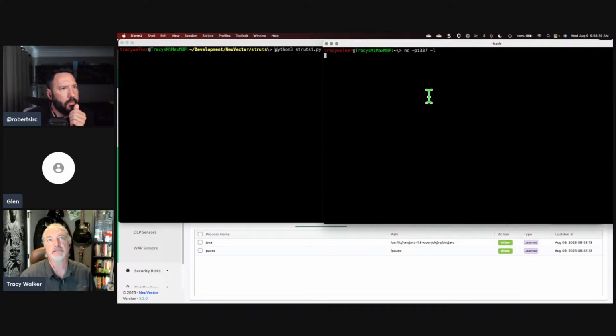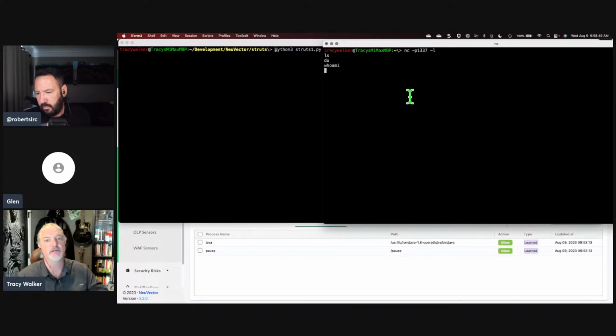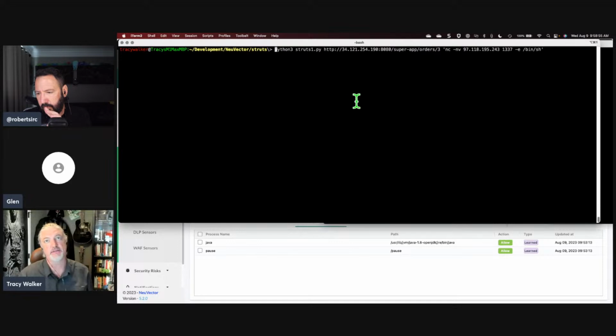So this is the listener. I'm going to queue up some commands. They're not going to work until, let's do an ls, a du, and a whoami. Those will trigger once that connection is made. And that connection wouldn't have been made in the protect mode because we were blocking this attack right out the gate. But now if I run this here in the monitor mode, we're not going to block it. So if I hit return here,